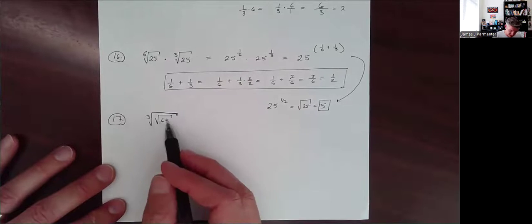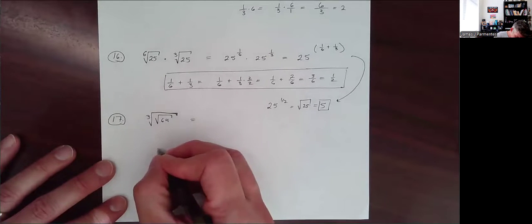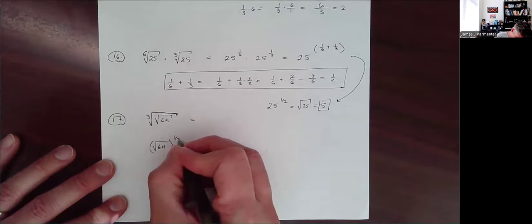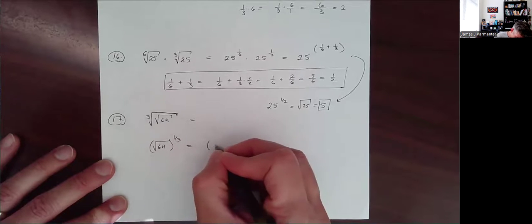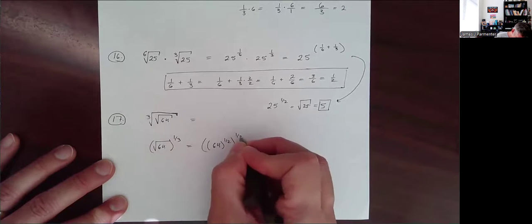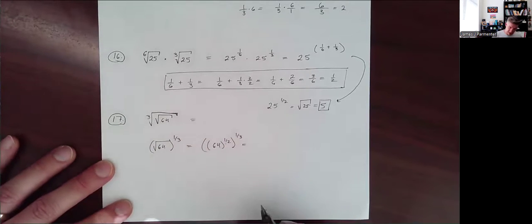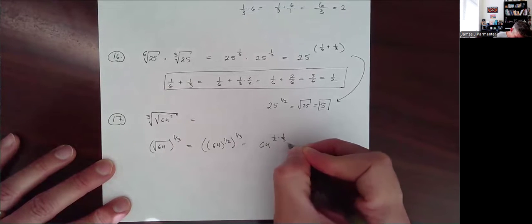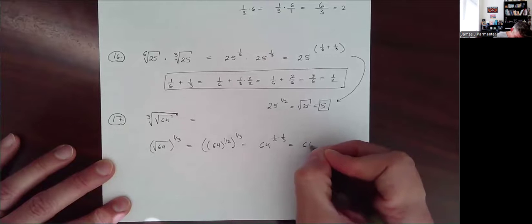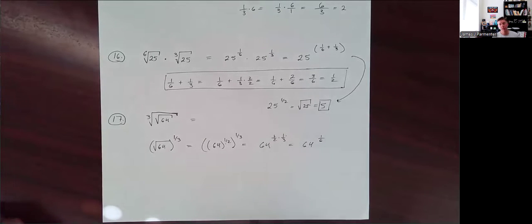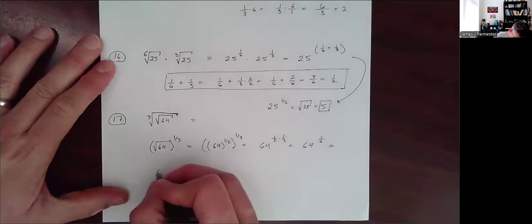The cube root of the square root of 64 is the square root of 64 to the 1/3 power, which is really 64 to the 1/2 to the 1/3. Power to a power, you multiply the power, so that's 64 to the 1/2 times 1/3. 1/2 times 1/3, 1 times 1 is 1, 2 times 3 is 6. So it's 64 to the 1/6. So 64 to the 1/6, well, you could think of that as the 6th root of